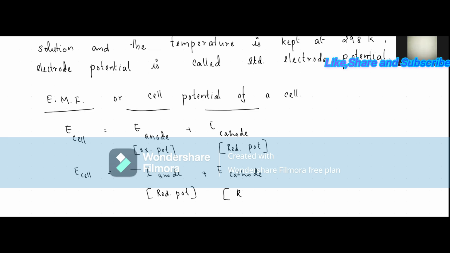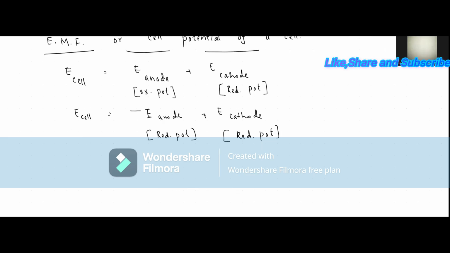That means EMF of the cell is equal to E of cathode minus E of anode, both expressed in